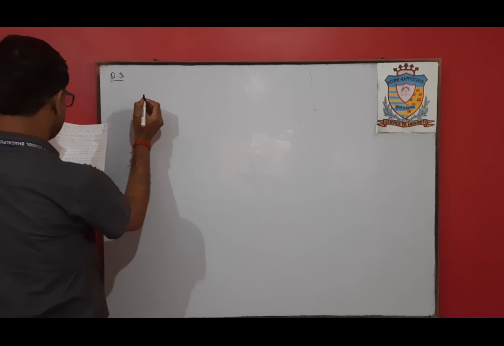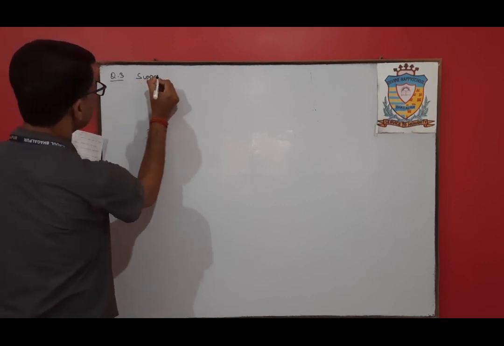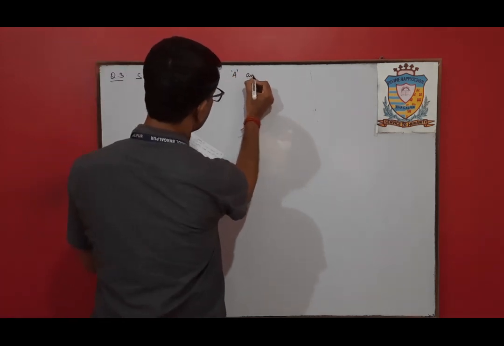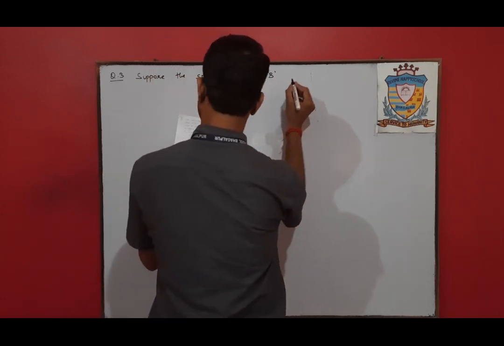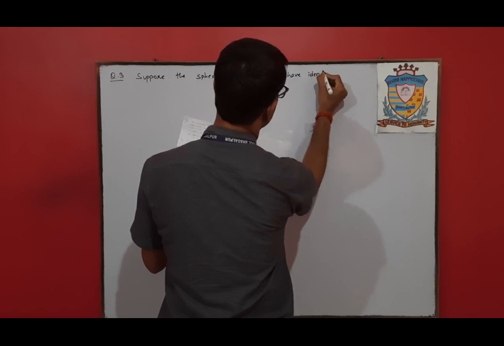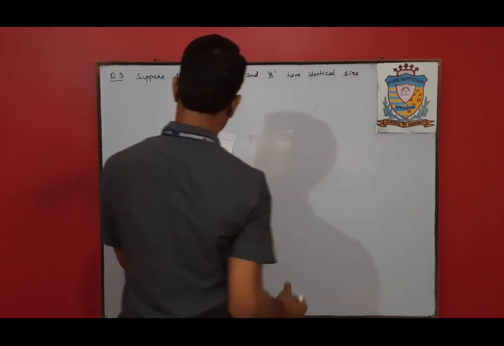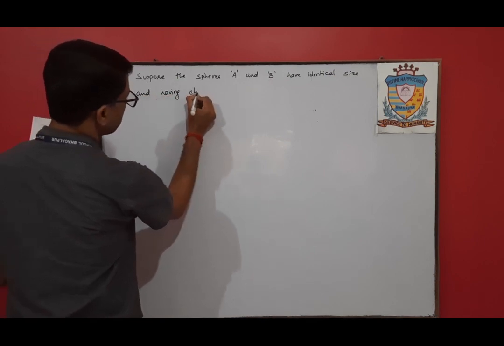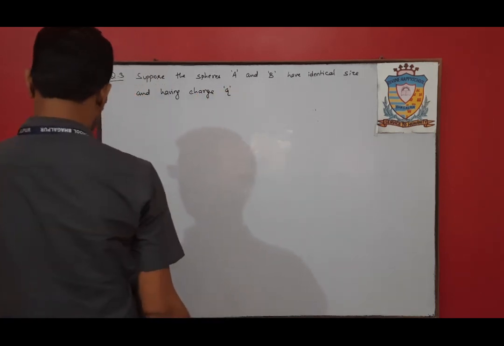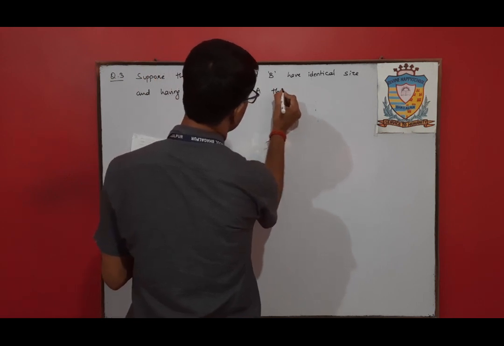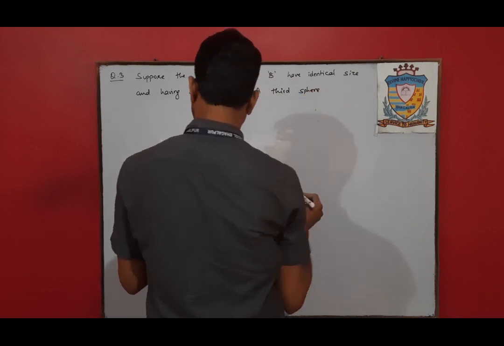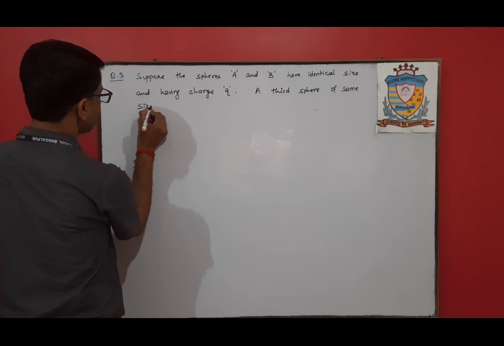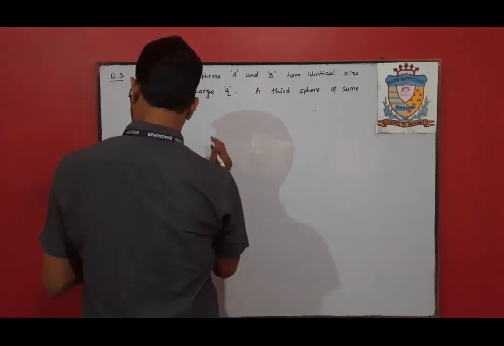Suppose the spheres A and B have identical size and having charge Q. A third sphere of same size but uncharged